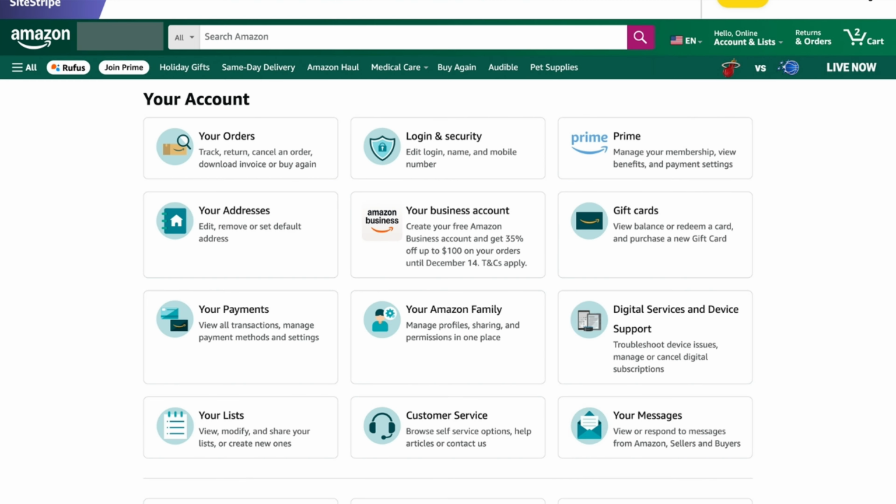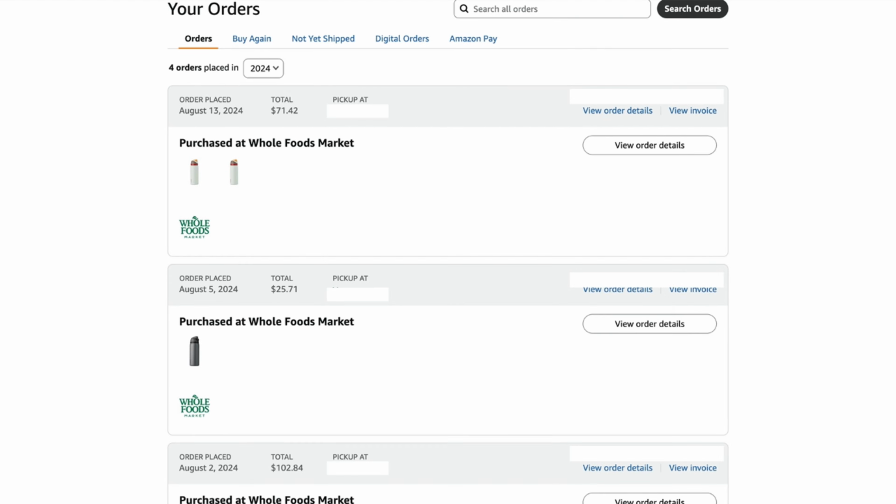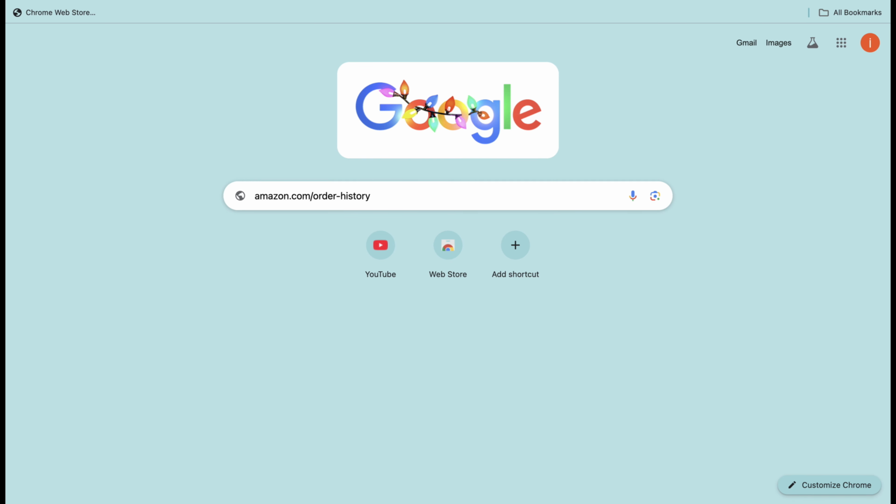This will take you to your main account dashboard. Next, click Your Orders. You can view recent orders here, but downloading all of them requires a special tool. Scroll down the page until you find a link labeled Order History Reports. If you don't see it, you can also visit this page directly by typing